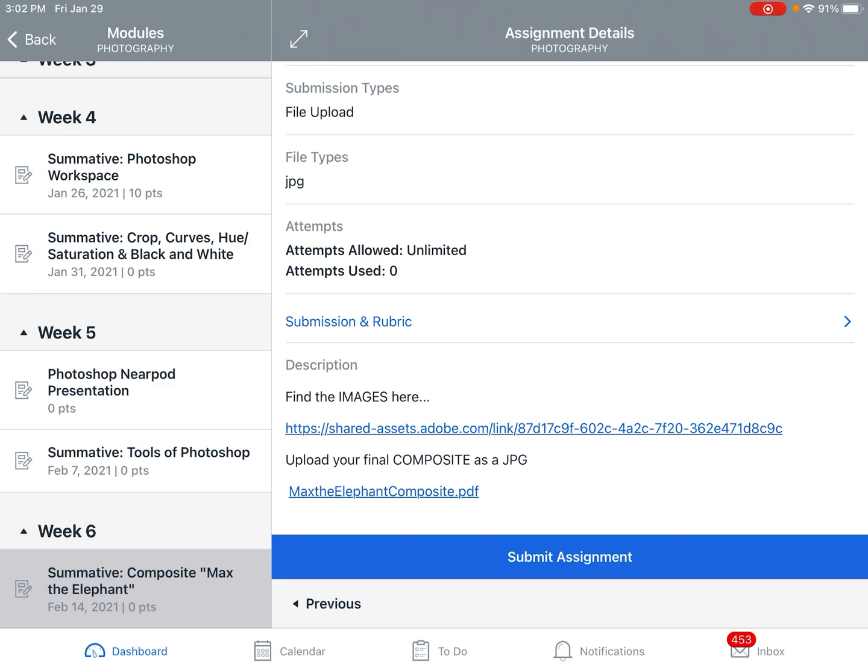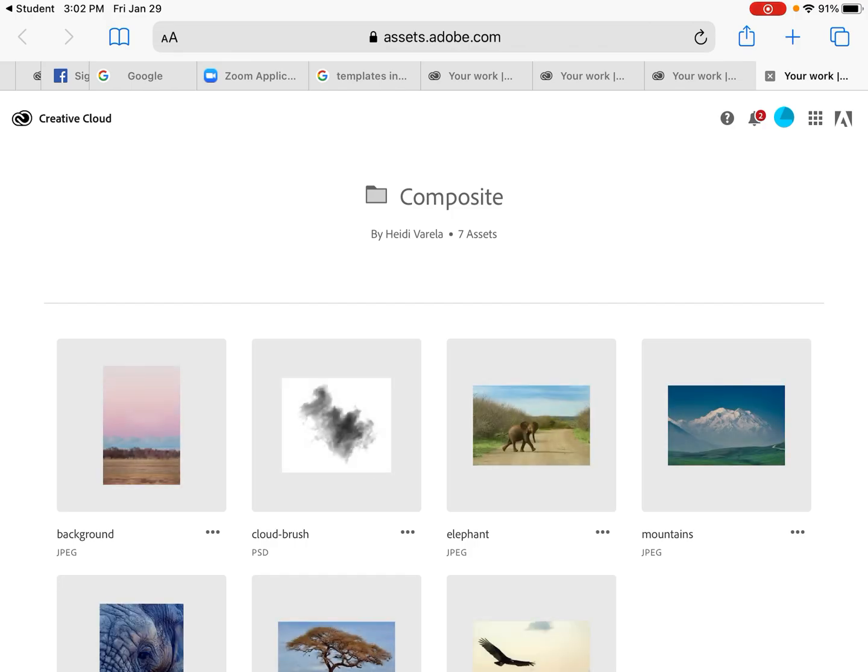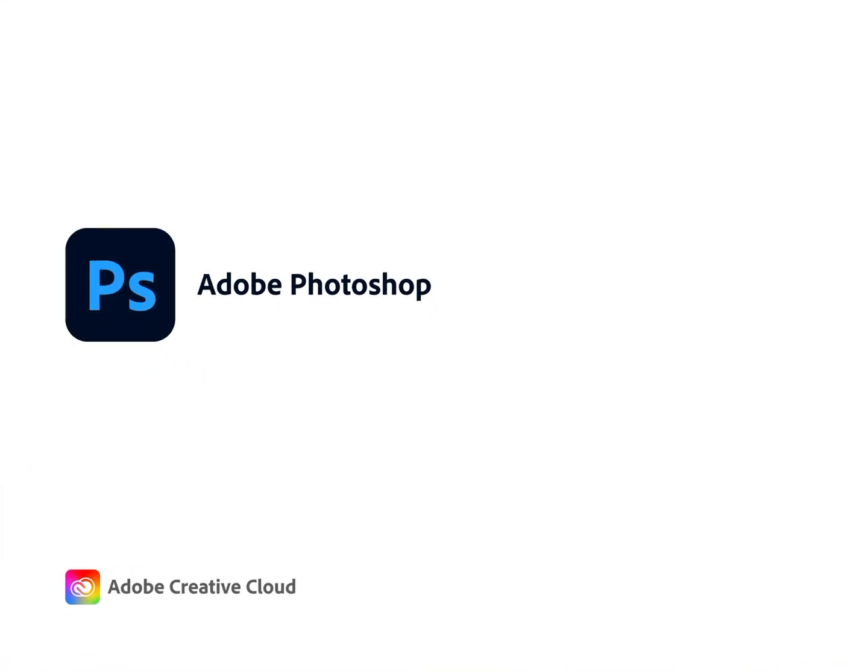So I'm going to select the image share link. Okay, these files are already in my Creative Cloud, but you guys will see a green button where it says copy to work below the folder that says composite. When you do that, it's going to copy all those files over to your Creative Cloud. All right, so now I'm going to go to Photoshop